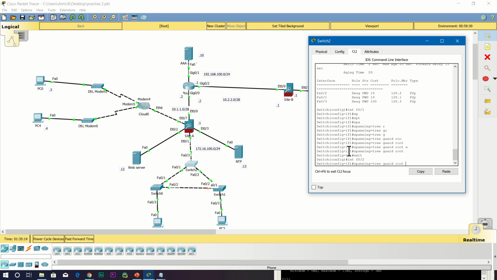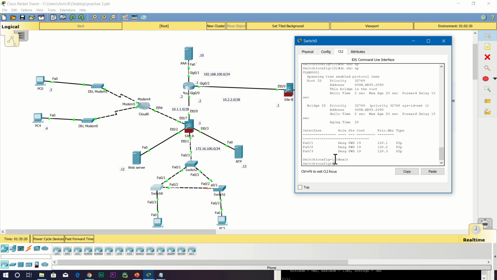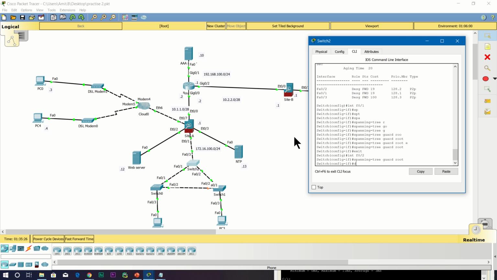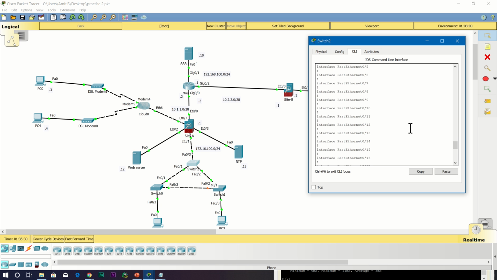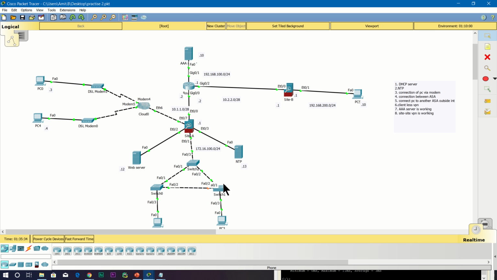Everything is testing here. Okay, no, nothing happened. So run. If I go from here and do run, then I have configured the root guard as well. Now what I'm going to do is